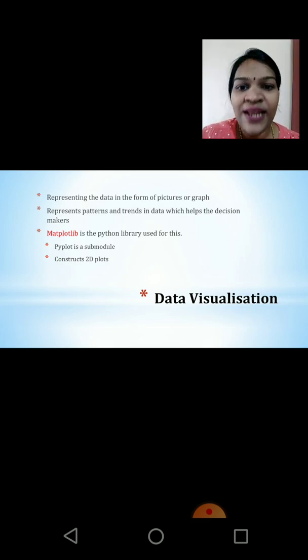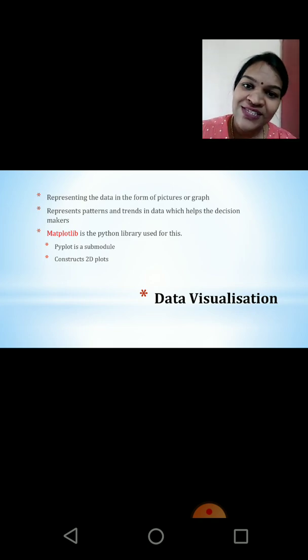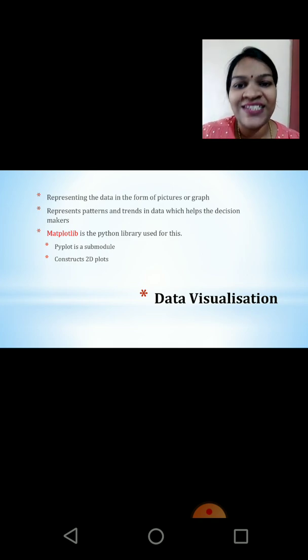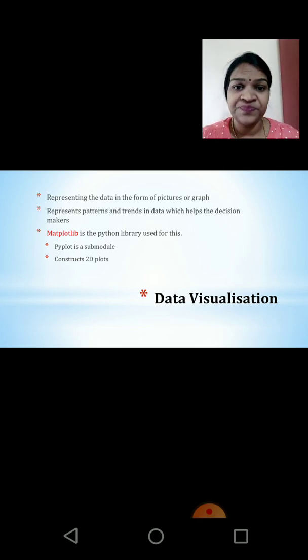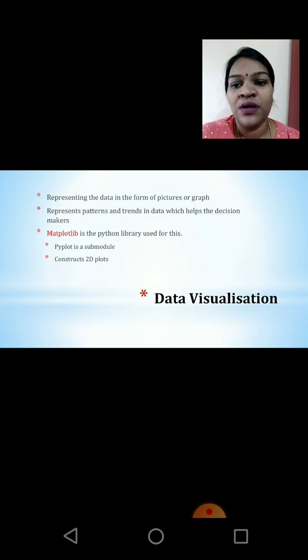If it is pictorial, I'll be able to see it. Otherwise, I'll have to see each and every student, look at one number, then go and check the second number. It is very tedious. But if I have a graph of it, it is very easy to understand whether a student has got more or not. It's not like checking for an individual person. If you have a lot of numbers, it's very difficult to go and check each number. If you have a graph of each and every student plotted on a single paper, it's easy to find. There are so many functions which help you to picturize everything that you have. So we'll see what they are.